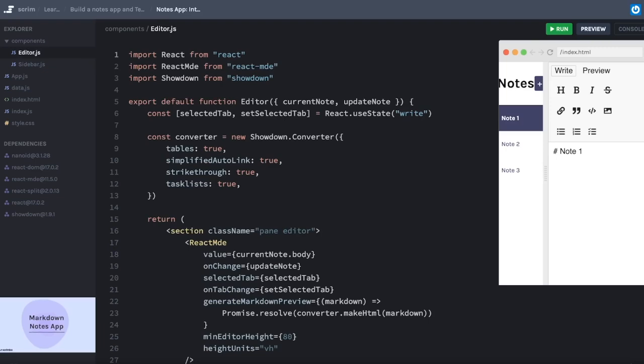Then in our editor itself, this one seems fairly straightforward. It is maintaining its own state, and it says selected tab, although the default here is right, and so I'm guessing that has more to do with this little tab up here, right or preview. And if you did take the time to go search for React MDE, you might have seen that this React MDE component takes a prop called selected tab and on tab change,